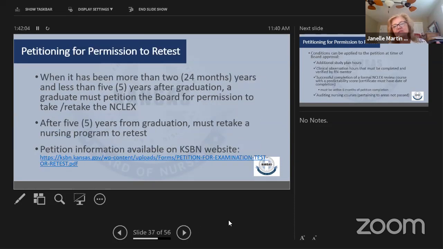All right, I'm just going to briefly touch on this because it doesn't affect the administrators as much as some of the other things, but we did mention that they're able to take the NCLEX. We do hope they pass the first time. That's always our hope. But this seems to surprise a lot of folks when they come in to apply and they've hit their 24-month mark after their graduation. Time gets away from them, and they don't realize that they have to petition, and they're surprised by that.